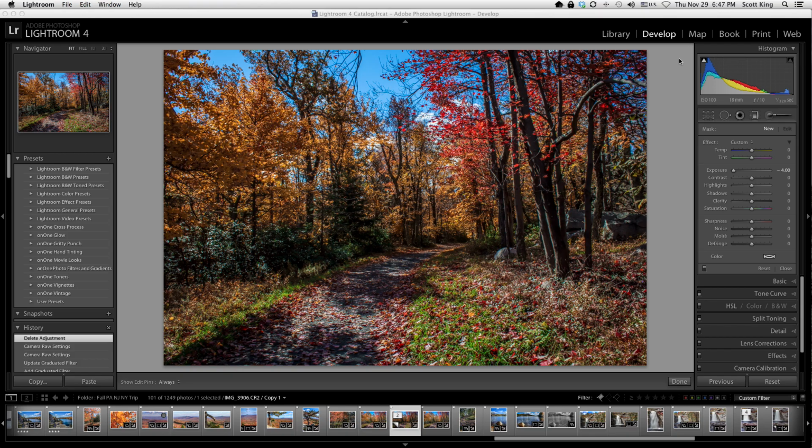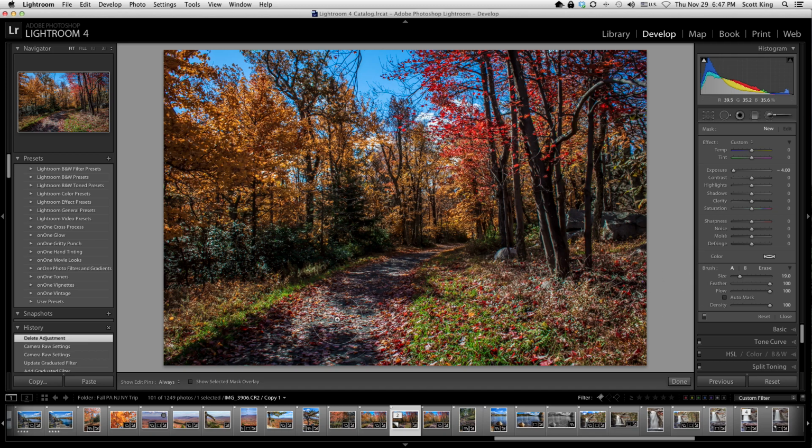See if that helps. So, another tool we want to go over is the adjustment brush. This I use on almost every photo. It allows you to do a localized adjustment wherever you brush it. I normally always have mine automatically set to exposure -4, so that way I can see where I'm drawing. In this case, there's an auto mask. It's checked on. I'm going to turn this off for this demonstration, and I'll show you afterwards what happens